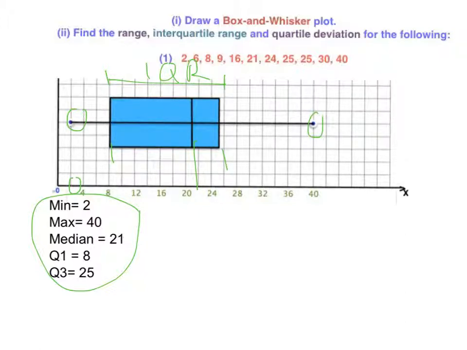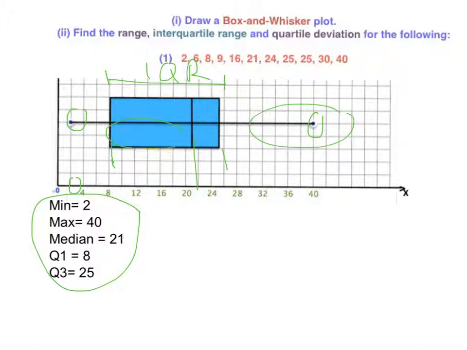distributed. So we can see now that there's some very big data on this side, that is 40, and the median here is skewed towards the larger number because of this thing here. But 50% of the data is actually on this side, to the lower end. So this set of data is skewed because